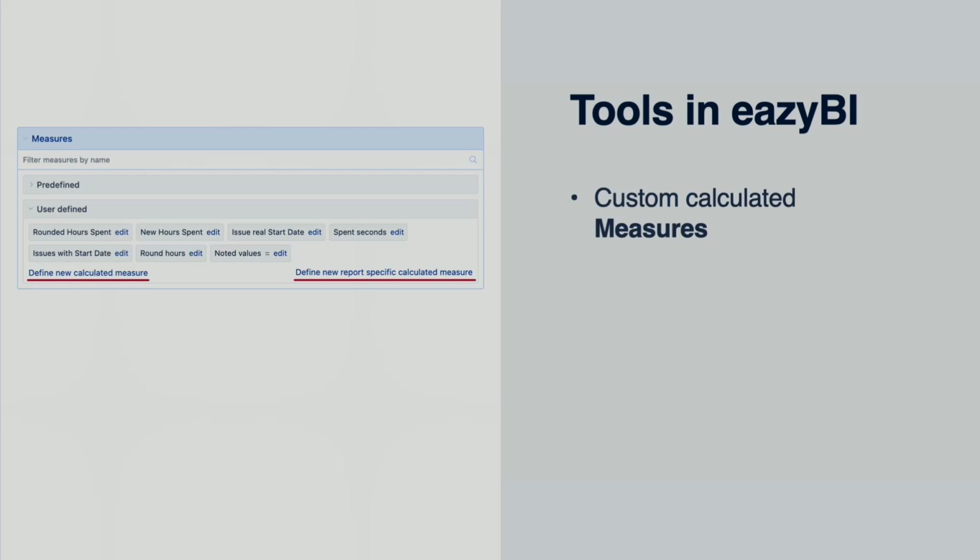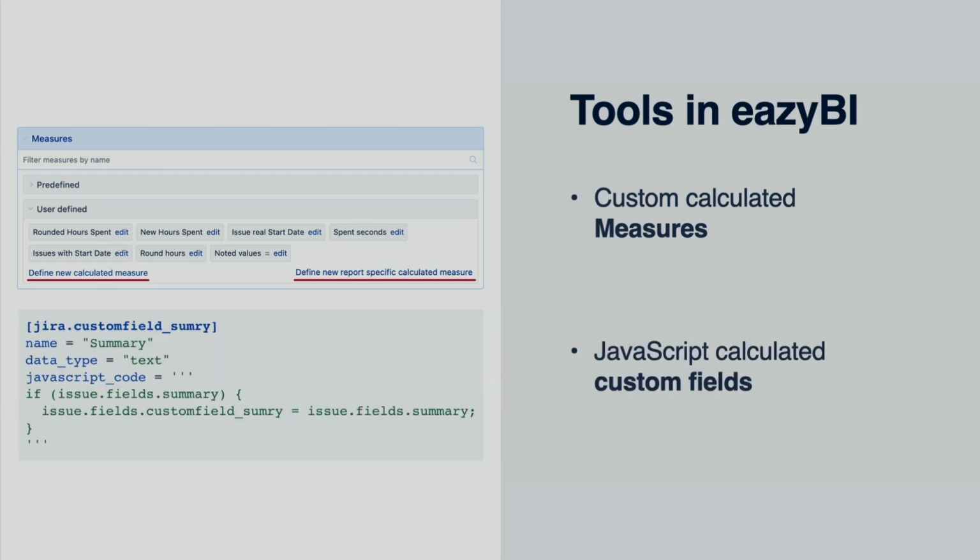So if you have imported this blob of data in eazyBI, you can cut it and splice it and split it to retrieve the necessary value. The second tool is JavaScript custom calculated custom fields, that was mentioned a couple of times today,